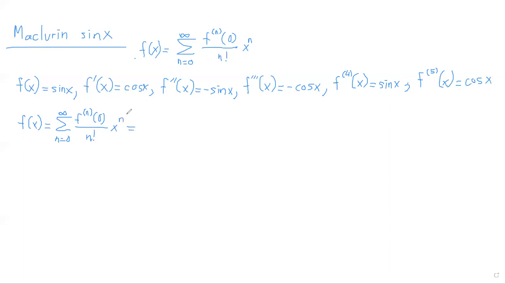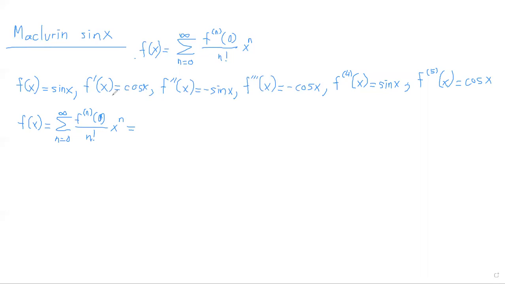What happens at n equals 0? At n equals 0, you get nothing because sine of 0 is 0. So let's skip n equals 0 and go to n equals 1. At n equals 1, you get,